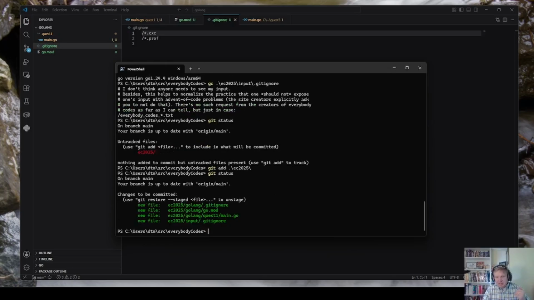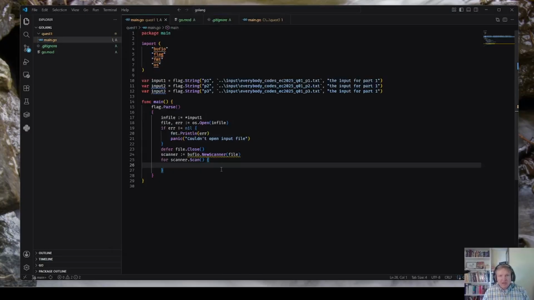Although the people behind Everybody Codes, as far as I know, have not made it explicit that you shouldn't share input files. They are based on Advent of Code, and the people behind Advent of Code have made it very explicit that they would prefer people to not share input files. And okay, I just think that's respectful. So anyway, that's what we do here.